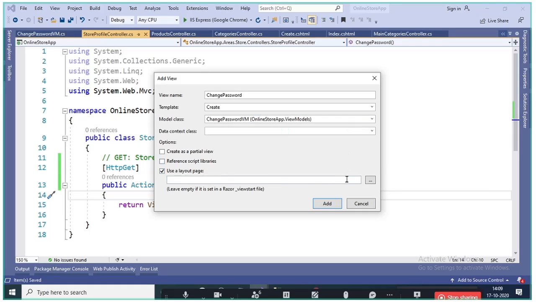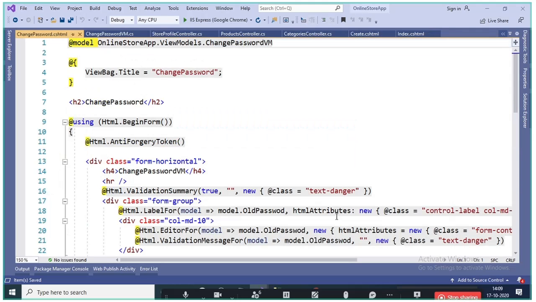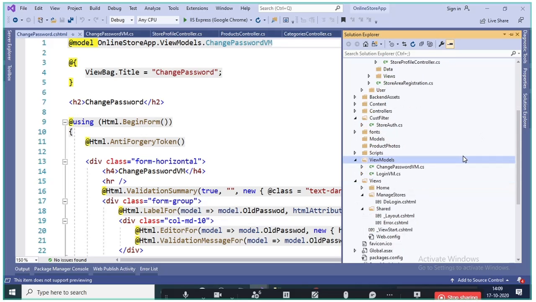It's not the part of context, so we'll remove this. So we'll say use layout. Okay. Now in this view,